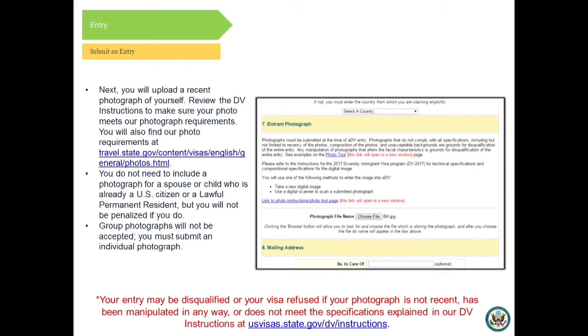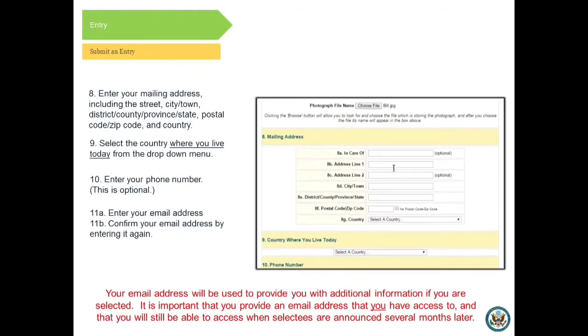Group photographs will not be accepted. You must submit an individual photograph. Your entry may be disqualified or your visa refused if your photograph is not recent, has been manipulated in any way, or does not meet the specifications explained in our DV instructions at usvisas.state.gov/DV/instructions. 8. Enter your mailing address, including the street, city or town, district, county, province or state, postal code or